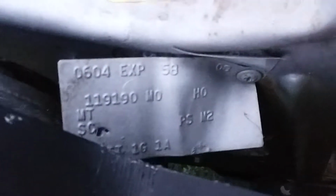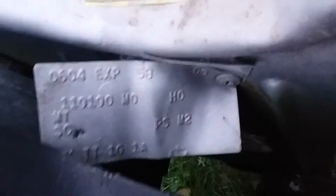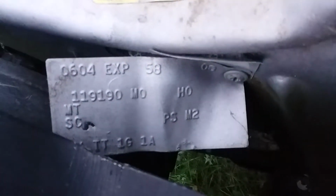One of the best telltales is this build tag. This is an 82, so on 82s and 83s they put in build tags. Sometimes they call them buck tags, but they put these guys in there. It's all the info on your car. It covers all the options. You see this one says MT for manual transmission,